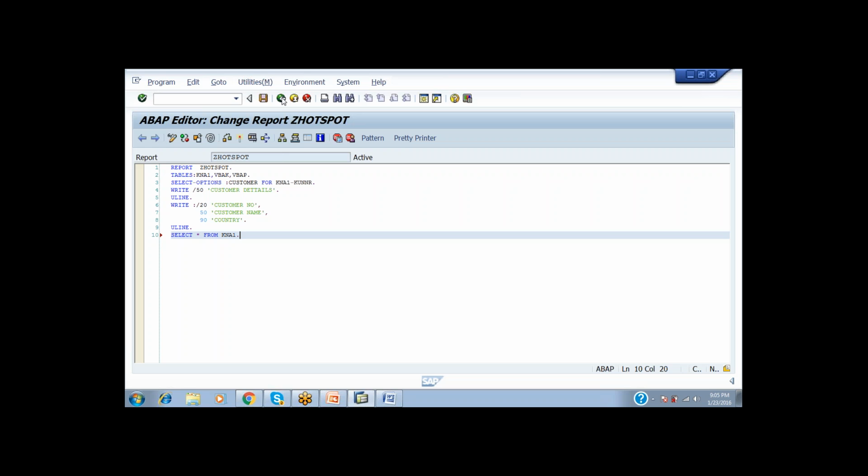That means, first of all, the ABAP engine will call in all the details, all the records and all the fields from the database table KNA1. And after getting all the records into the ABAP engine, I want to print these records or print these fields. So what I want to print here, for that write colon slash